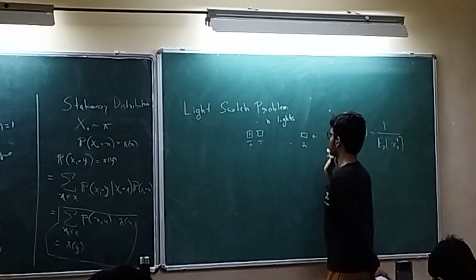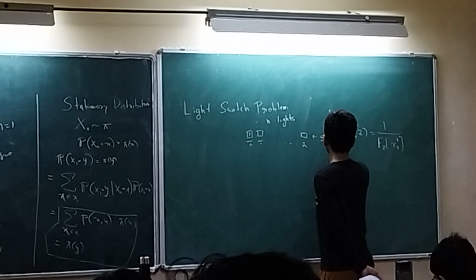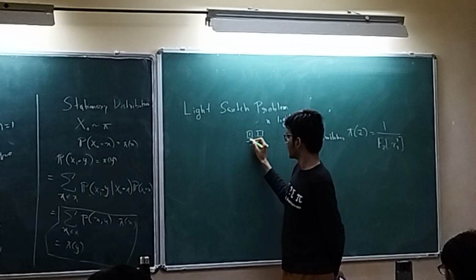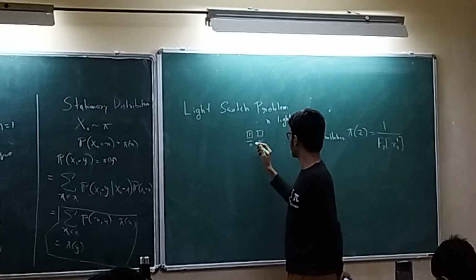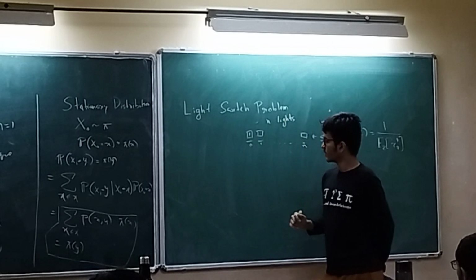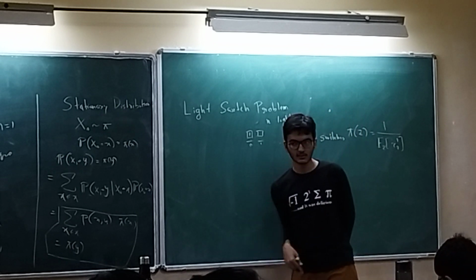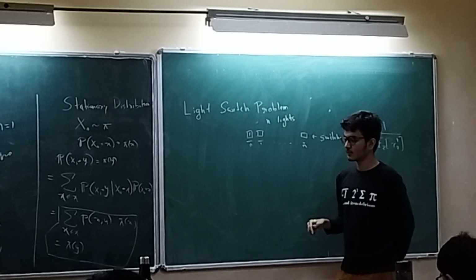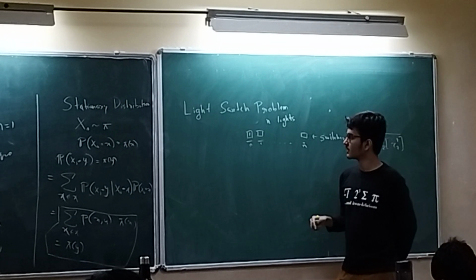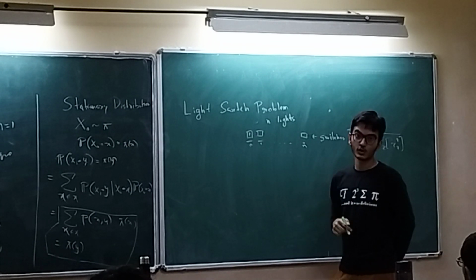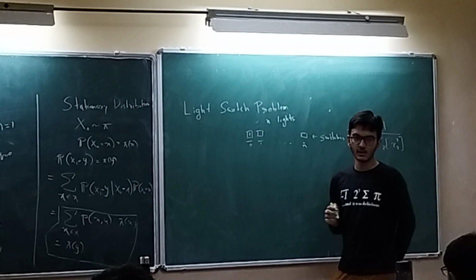And these are the switches. And let's say this switch is on and the rest are off. Now a child has come and he is randomly clicking on the switches, and now as a probabilist I am interested to find the expected time for the room to go dark. That is, all the lights will be turned off.